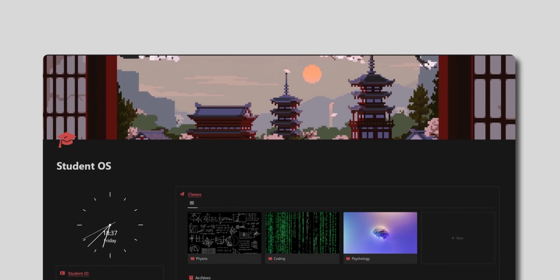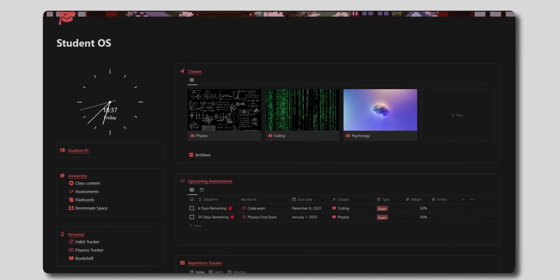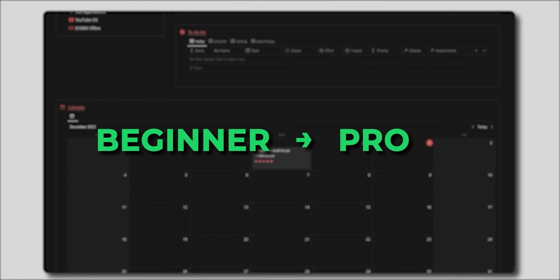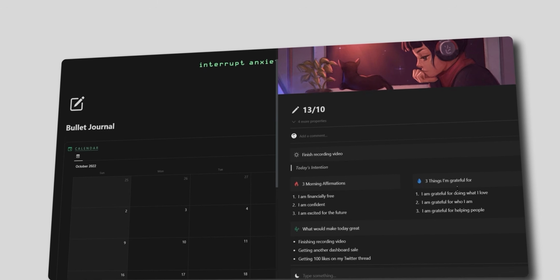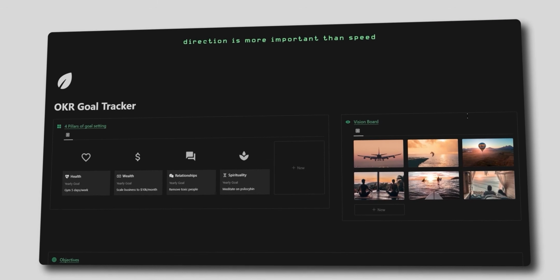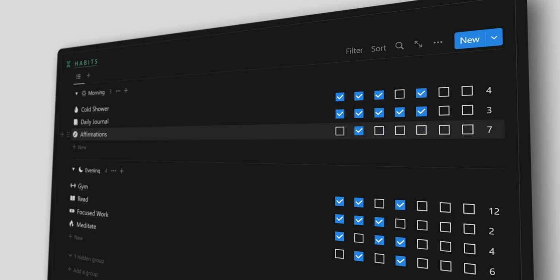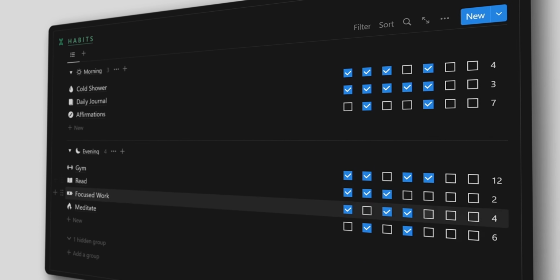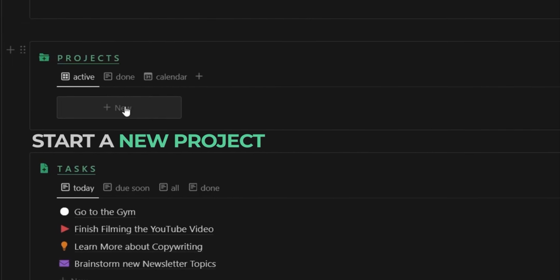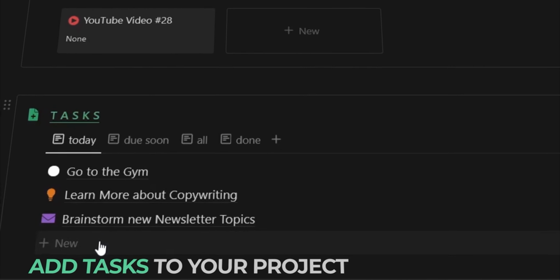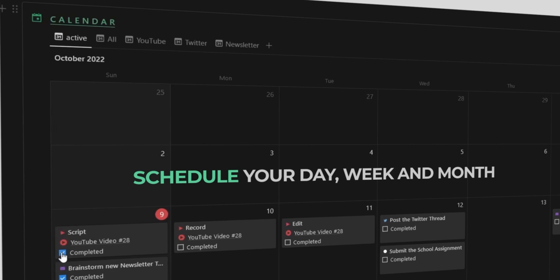This video will show you everything you need to know about Notion and help you go from beginner to pro. You'll understand the possibilities with Notion and how to use this amazing tool to organize and manage your life more effectively. Notion is a no-code tool that doesn't require any coding experience, and once you understand how it works, you'll be able to design any system according to your own life and needs.